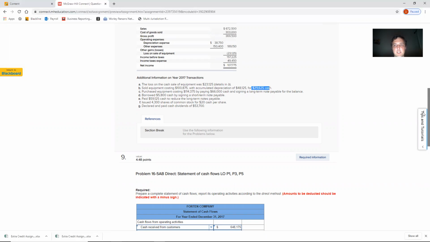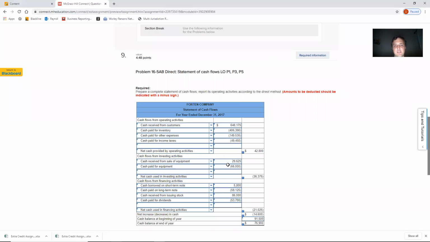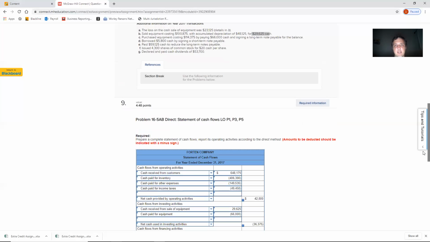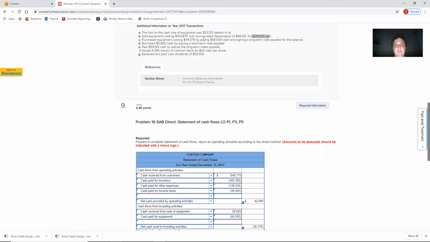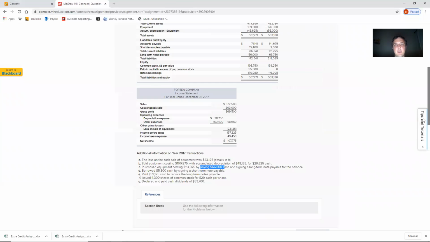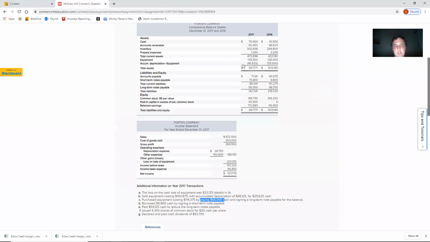So we had that much in cash that came in the door. That's a positive investing activity because we're getting rid of an investment asset and exchanging it for cash. But we're turning around, we also paid for equipment. We're investing in a future asset by paying out cash. And you can see that that would be equal to the change in equipment less the depreciation. And at the same time, it would be equal to